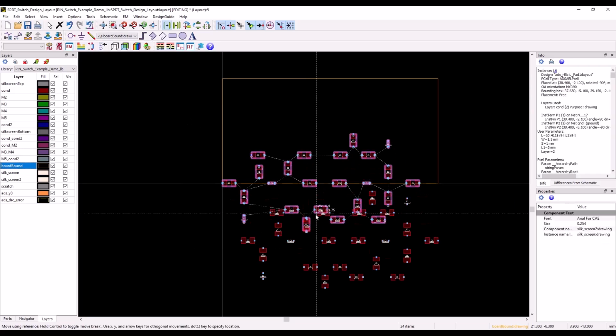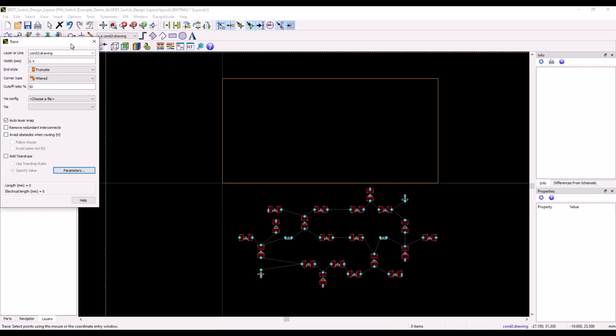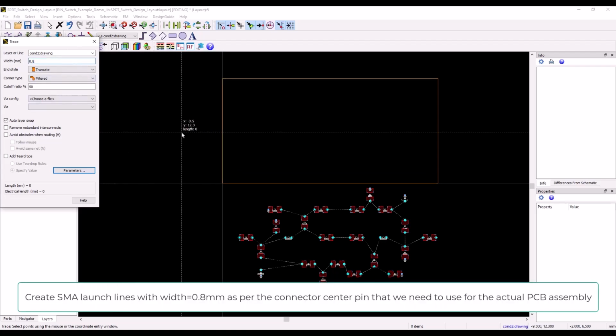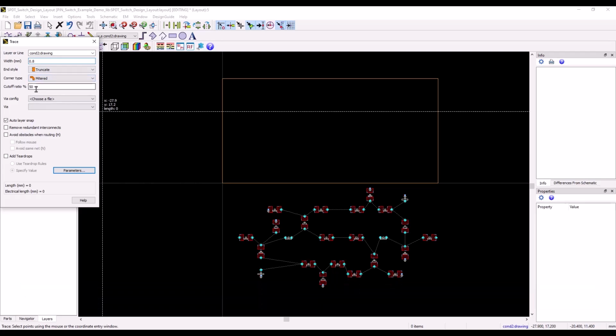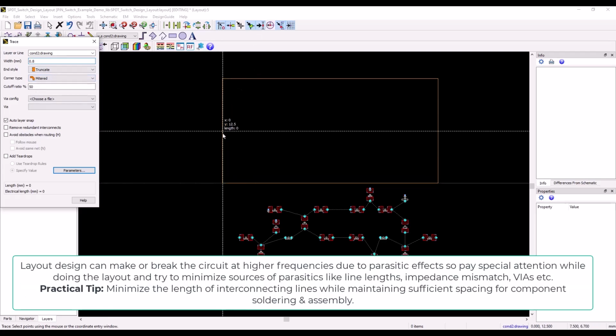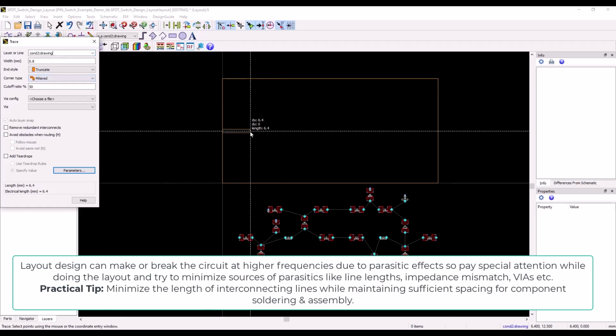Now once we have it, let me push some of these components at the bottom. And now since we have to use SMA connector for our final PCB, I'm going to create a line of width 0.8 mm and a length of 5 mm to allow for center pin of the SMA connector to be soldered. Here I'm going to simply draw the trace in the desired layer which I want,